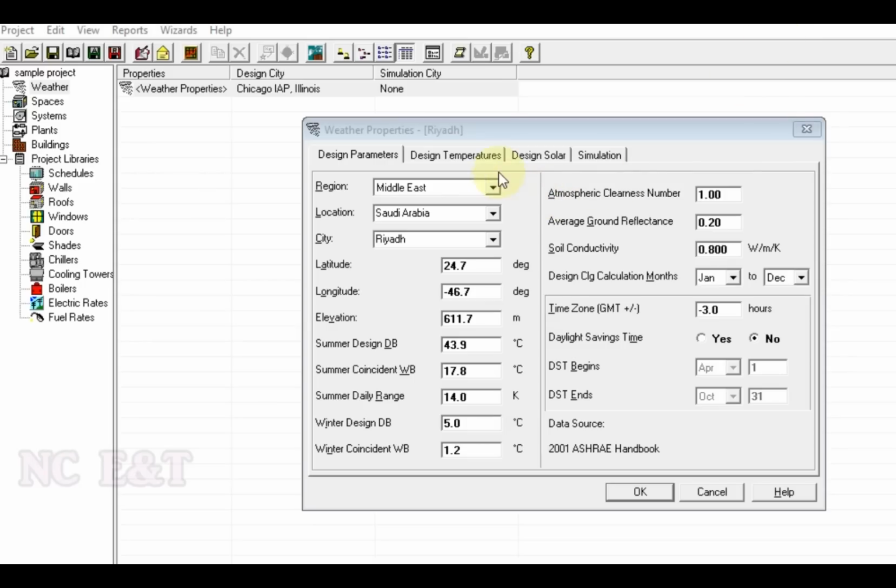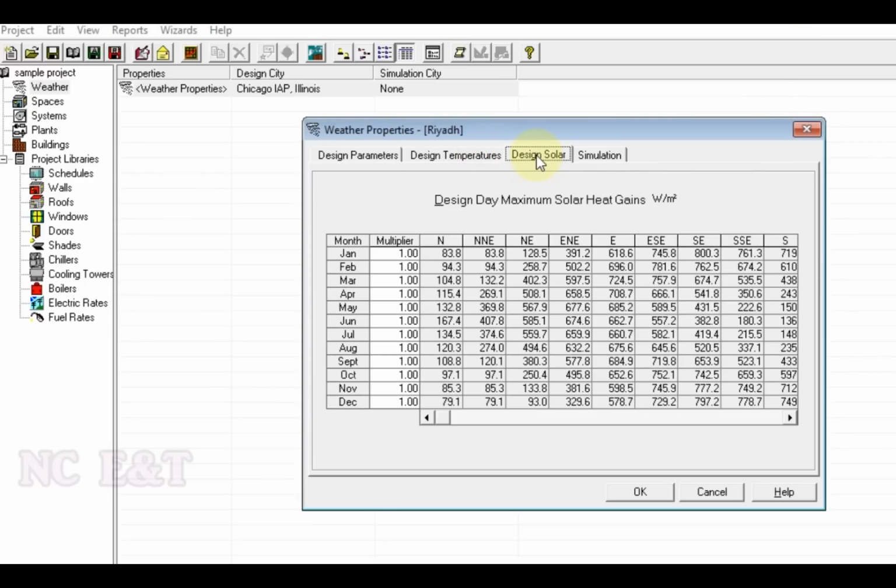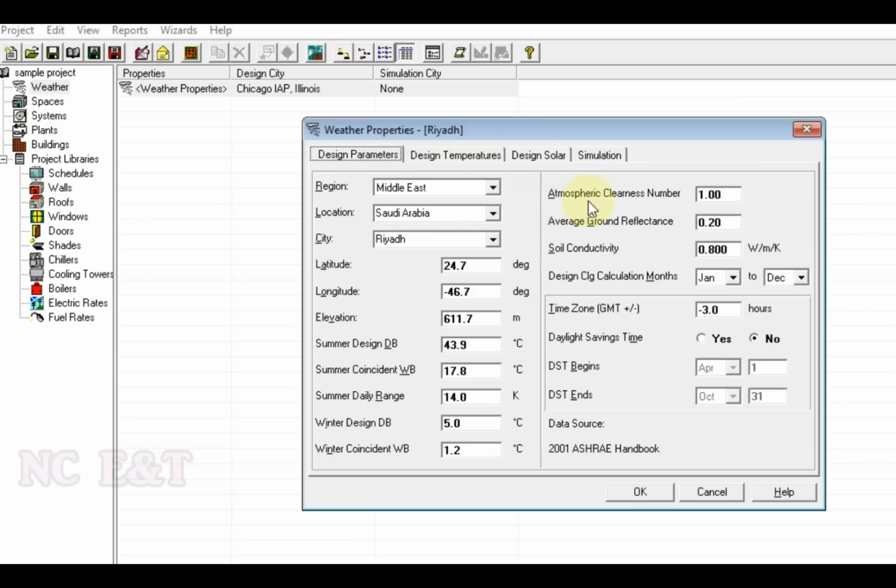Then all other values, design temperature and design solar radiation, this program will select automatically on the basis of the provided latitude, longitude and outdoor design conditions.